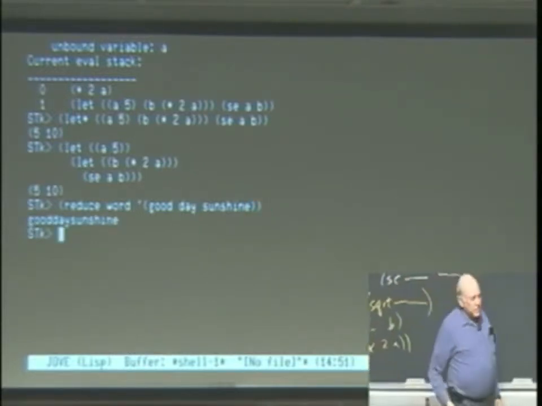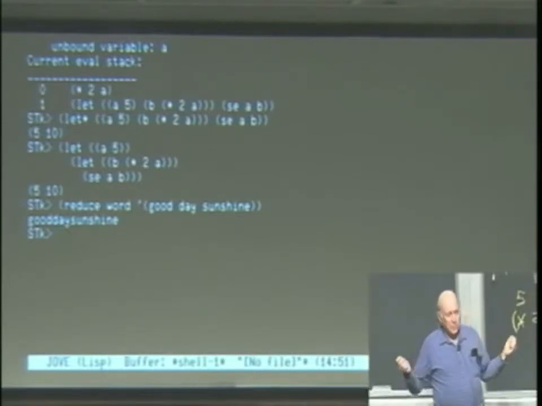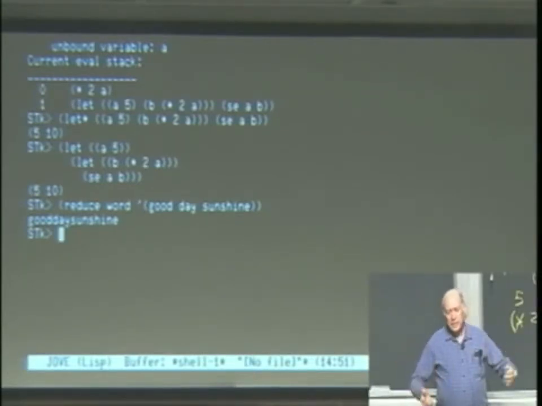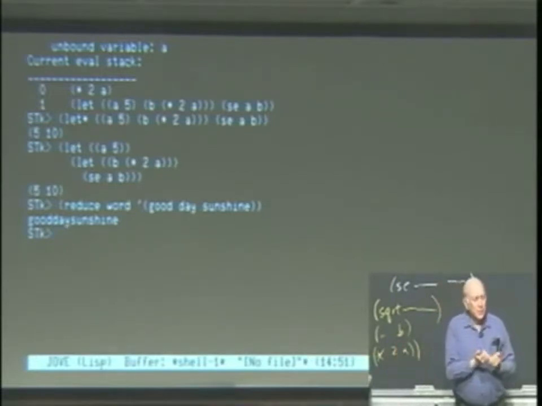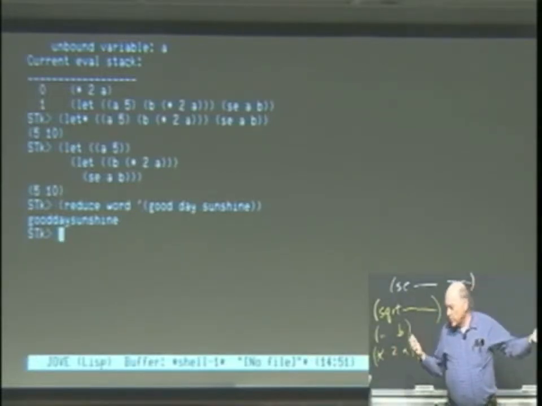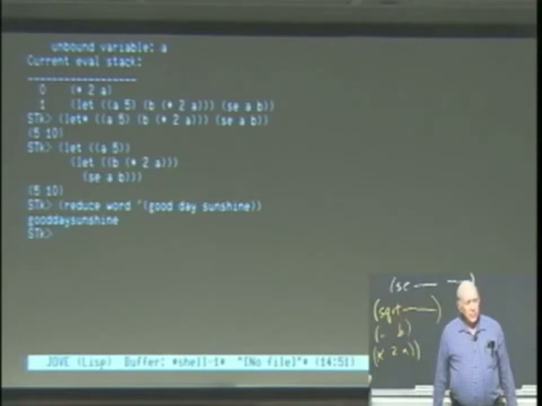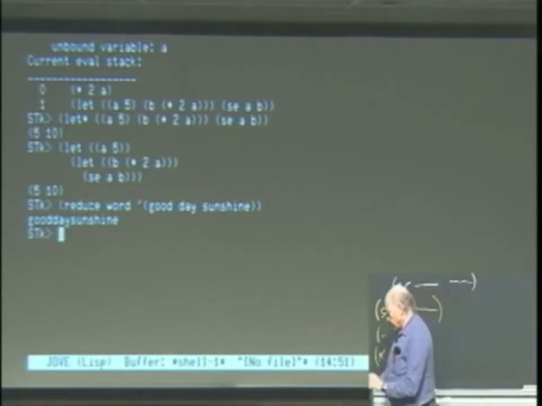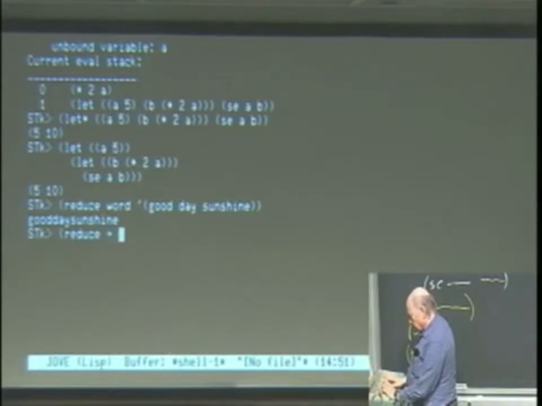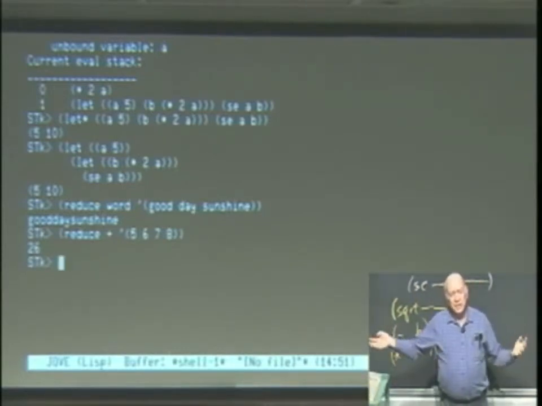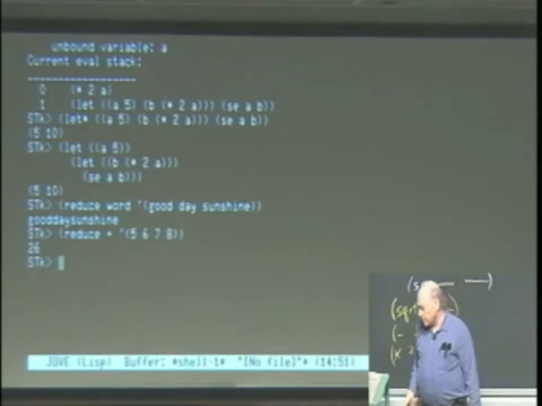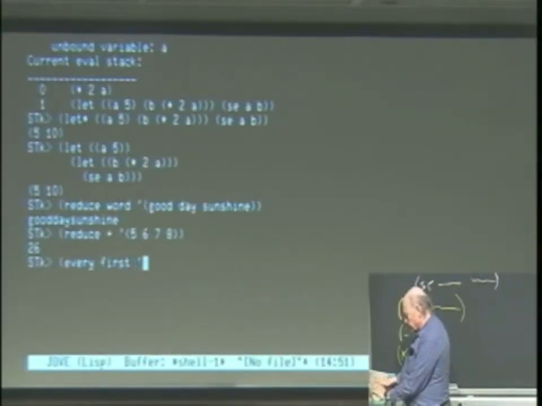So reduce here takes a function of 2 arguments and applies it repeatedly to the words of the argument. So it actually does it right to left, I think. So we take day and sunshine as arguments to word, put those together, and then we take good and that thing and make word of those. So reduce plus 5, 6, 7, 8, things like that. Okay, so that's a useful thing. It'll take any function of 2 arguments and use it as a combiner. So every first